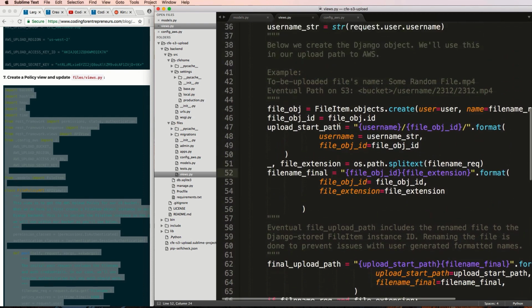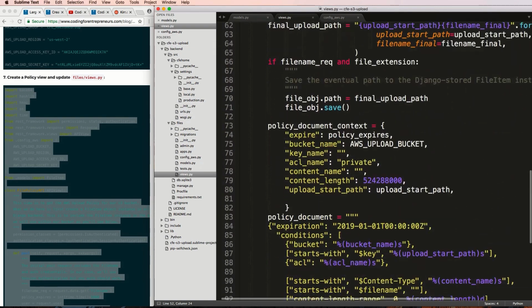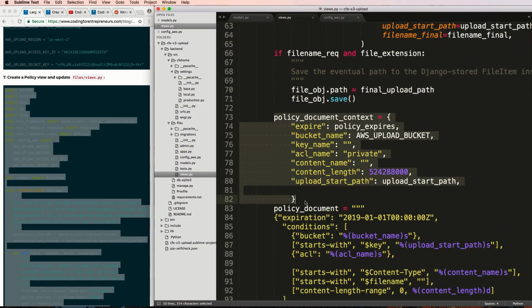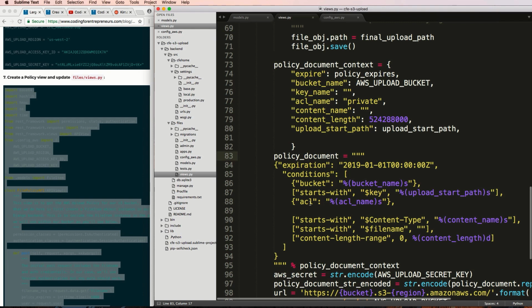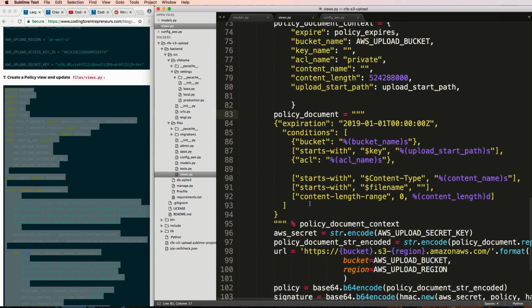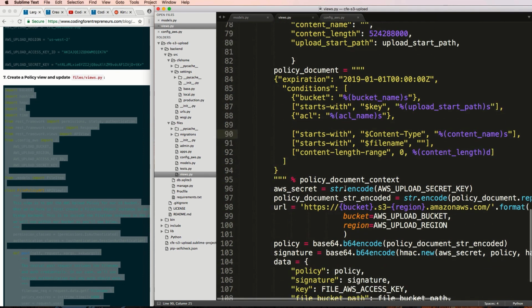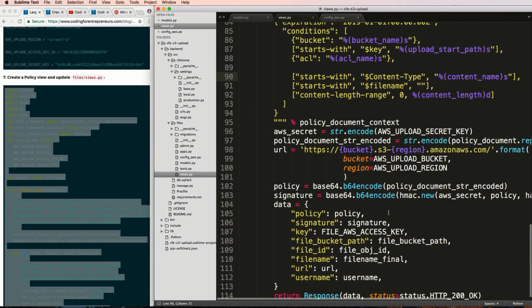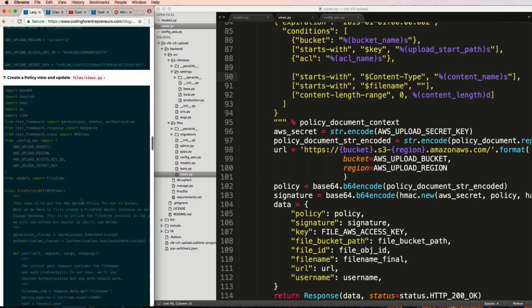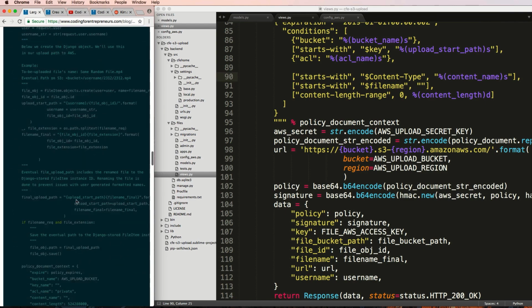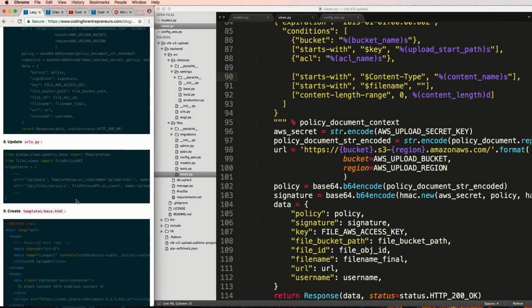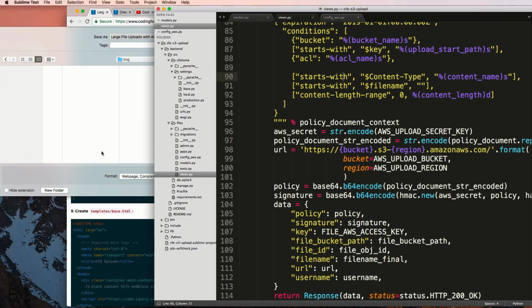Other than that, if you go through this, it's fairly straightforward as to what it is. This policy document stuff is just really building the policy that AWS will accept. Now, these things are tried and true. I've used it a lot. So if you have any issues with it, please let us know in the comments here, which you won't even find out those issues until we actually put this policy into effect, which I'm not going to worry about just yet. But I now have this view, so let's go ahead and create a urls.py file here